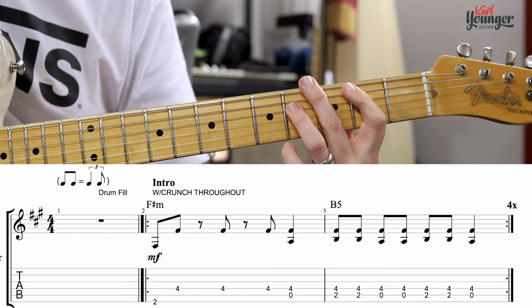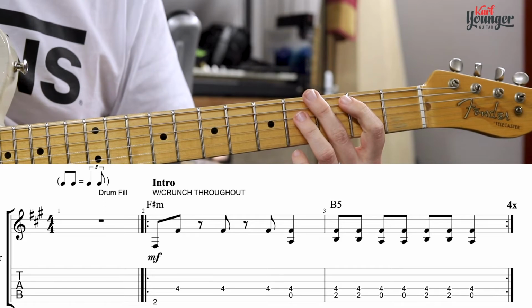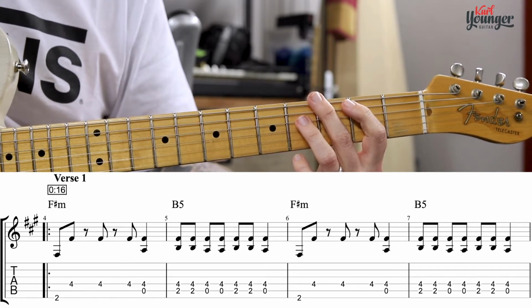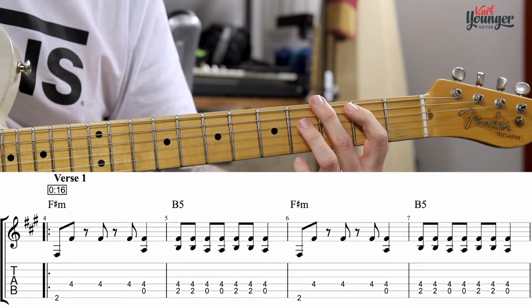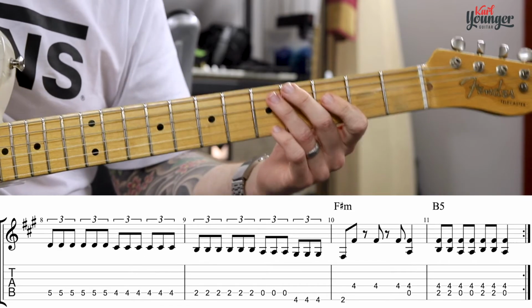Alright, so that is our main riff. Spend a bit of time working on that beforehand. That leads us straight into the first verse, where everything joins in. Obviously the lyrics start, and you can hopefully see there our riff remains exactly the same for the first part of the verse, but in the second half, so at bar 8, we've got this nice little descending triplet single